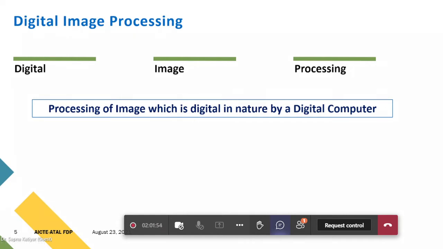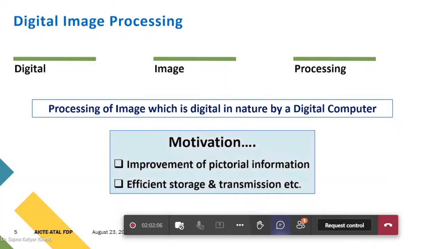So this is how you can understand digital image processing. What is the motivation behind it? Nowadays we are talking about image processing because it has found a number of applications in almost all fields. The motivation is that when we process digital information, it gives us improved pictorial information, meaning whatever we would like to visualize must be very clear cut, and whatever we would like to extract, image analysis and all that, is also very easy.